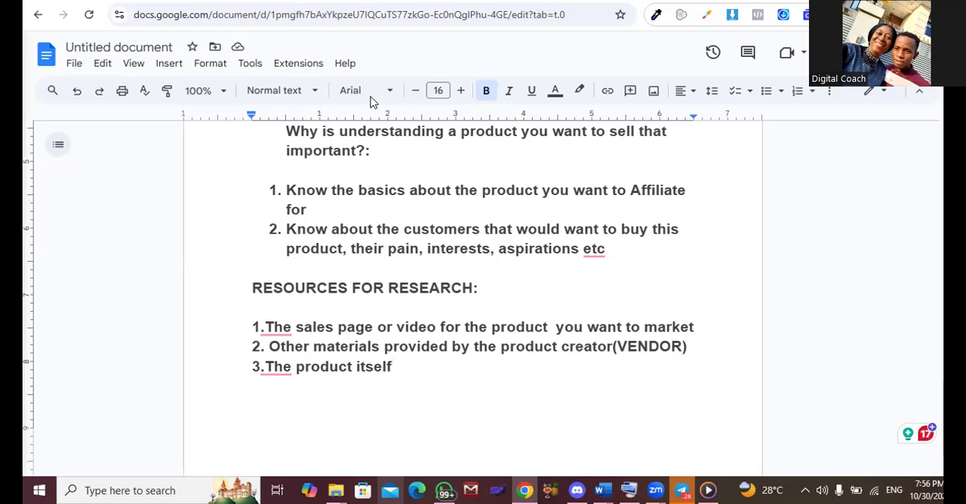Then another area you can get that from is from Google and YouTube. You can Google out the product, read it up through Google and YouTube. Okay, watch YouTube videos about it. And then the last and not the least,